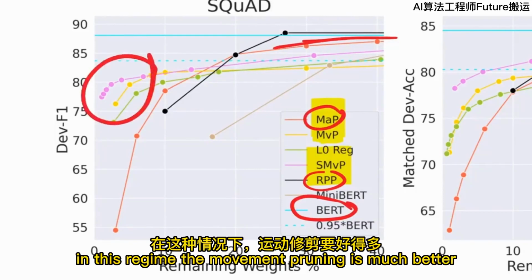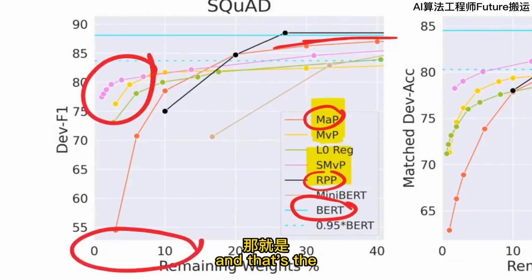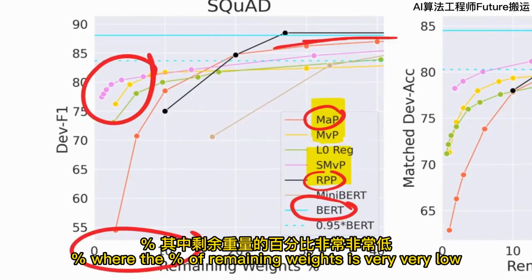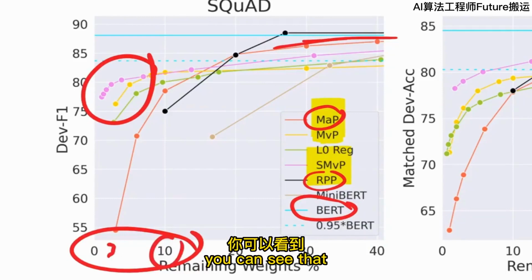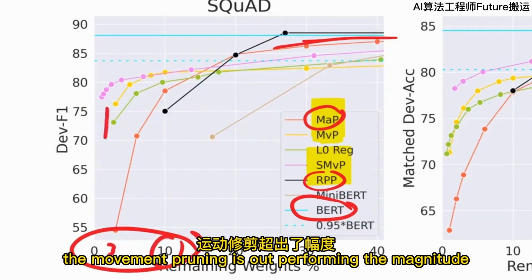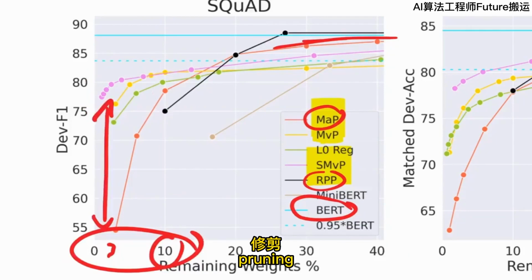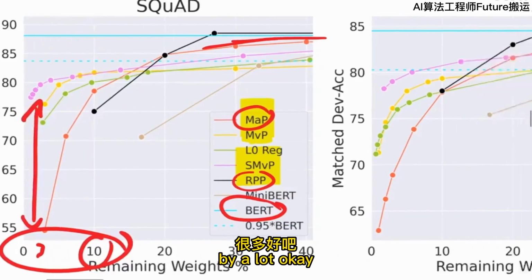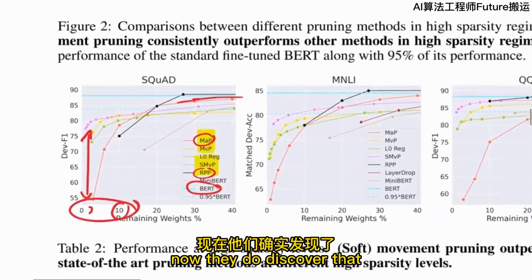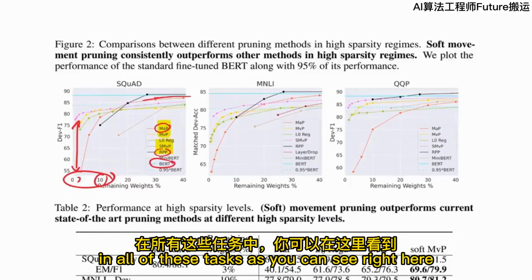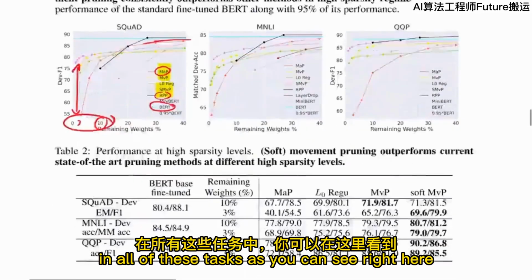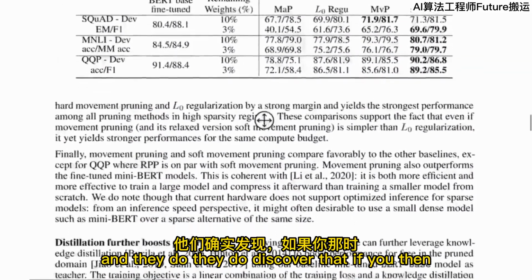However, in this regime, the movement pruning is much better, and that's where the percent of remaining weights is very, very low. So this is kind of the extreme sparse case where you only have 10% or 3% of the weights left. And you can see that the movement pruning is outperforming the magnitude pruning by a lot. Okay. Now, this happens in all of these tasks, as you can see right here, and they do discover that